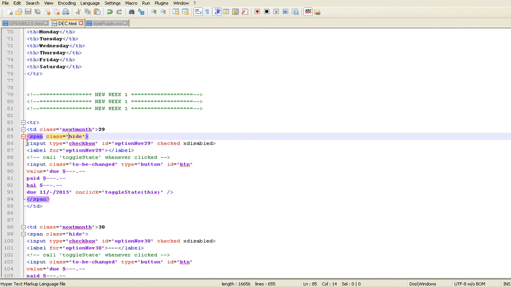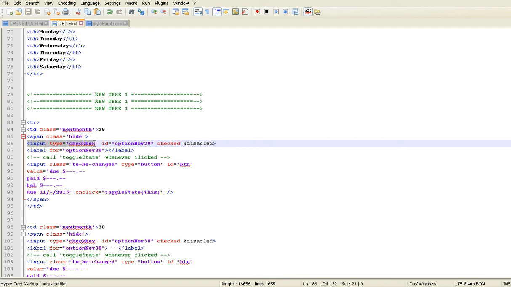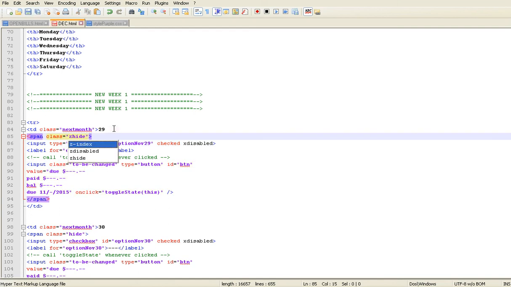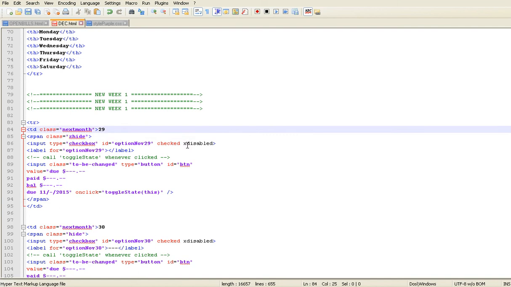What is in it, even though you can't see it, is input type equals checkbox, ID equals option November 29th, checked, and X disabled. I misspelled disabled. If I misspell hide so you can see it, and I take off this, and I leave X disabled, save it and run it,